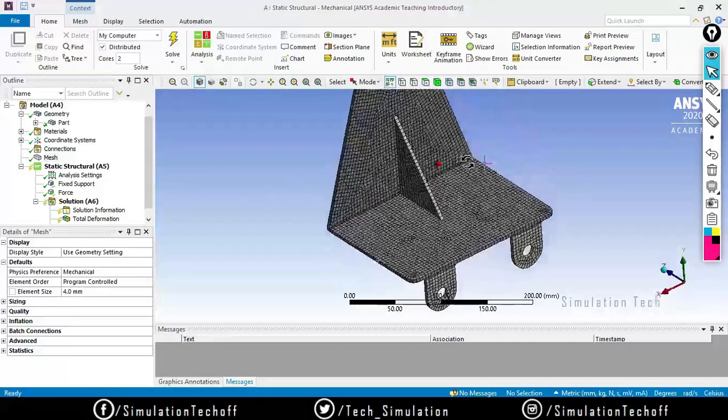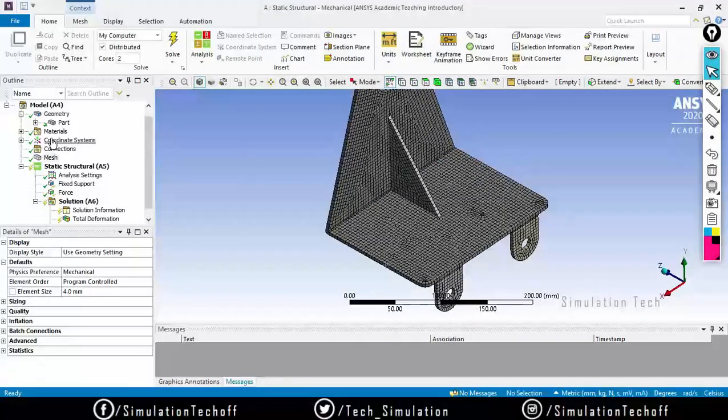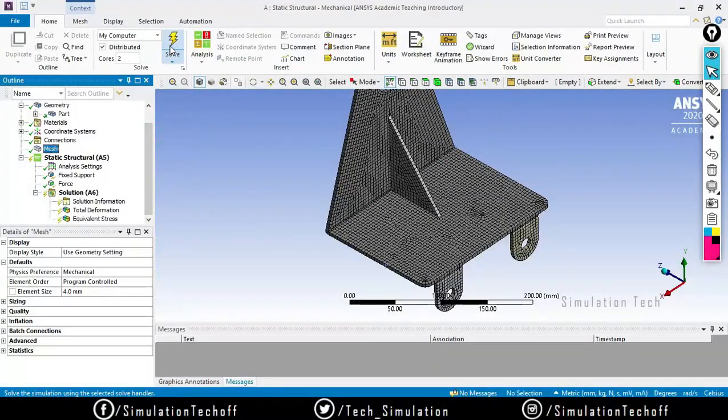Okay, a mesh is created and click on solve. Okay, so now the problem is solved.